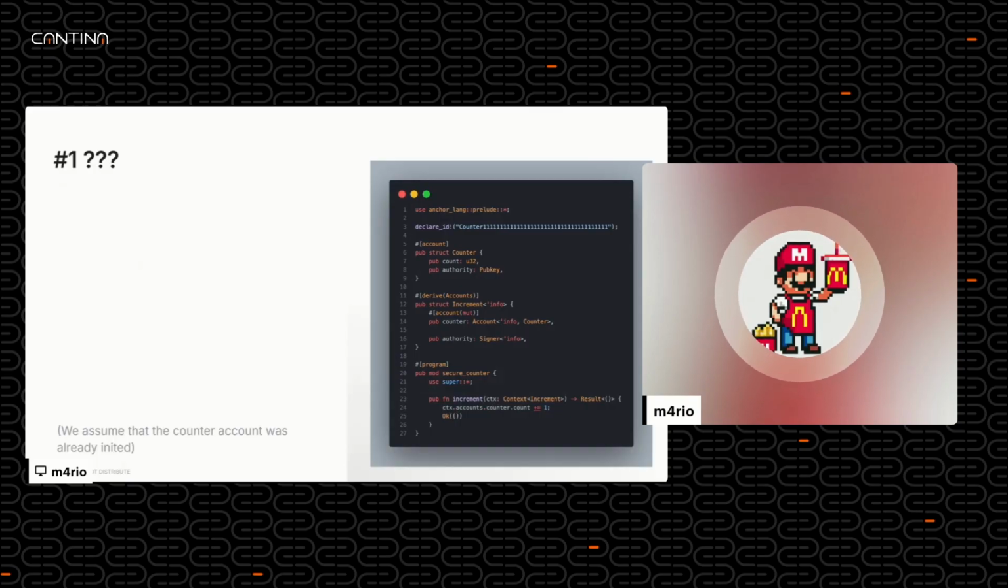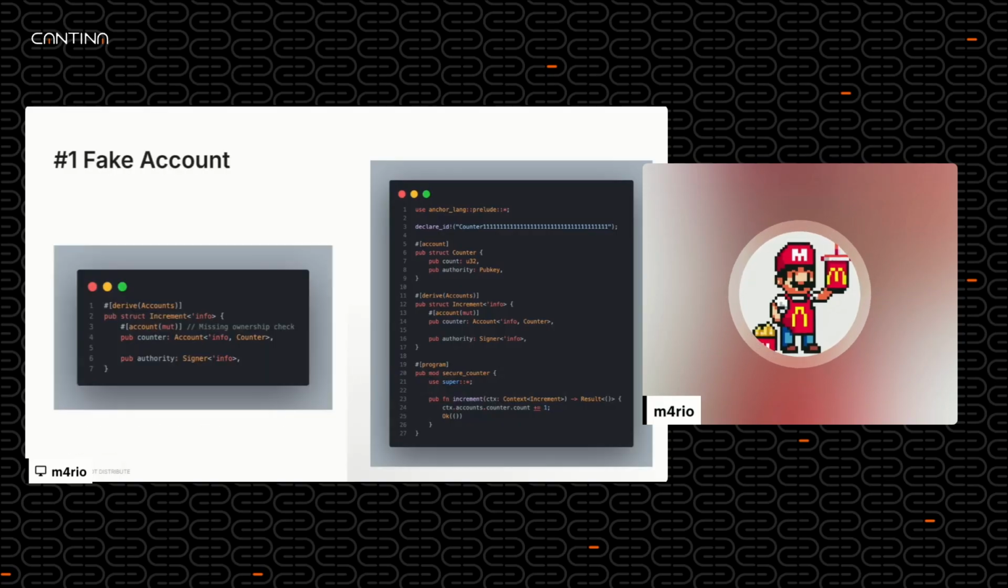Now we have an instruction that wants to increment this account counter. And as you can see in the program itself, in the increment instruction, we just take the context account counter, take the count, and increment it to 1. At first, it looks like it should work, perfectly, no issue. But it actually